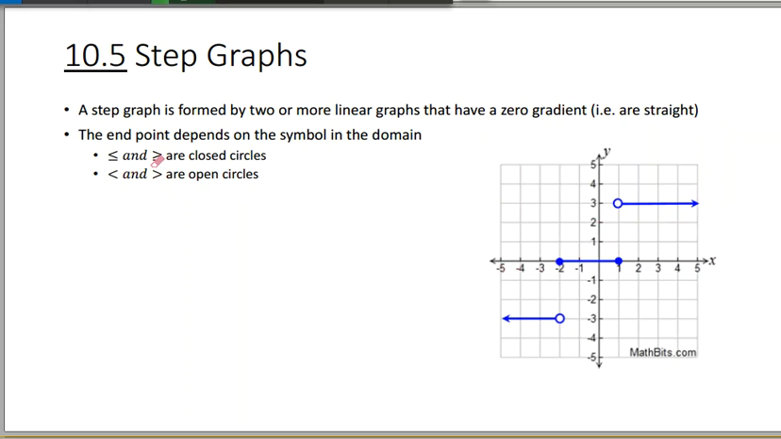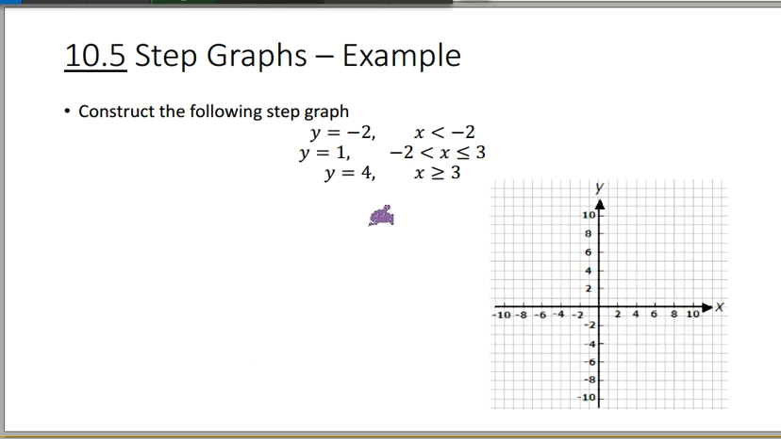Okay, and again, this is where these circles are going to come much more into play, whether it's an open circle or a closed circle. So let's just have a look at a quick example. So we're going to construct the following step graph. Y is equal to -2, so there's no gradient, which just means it's a straight line, when x is less